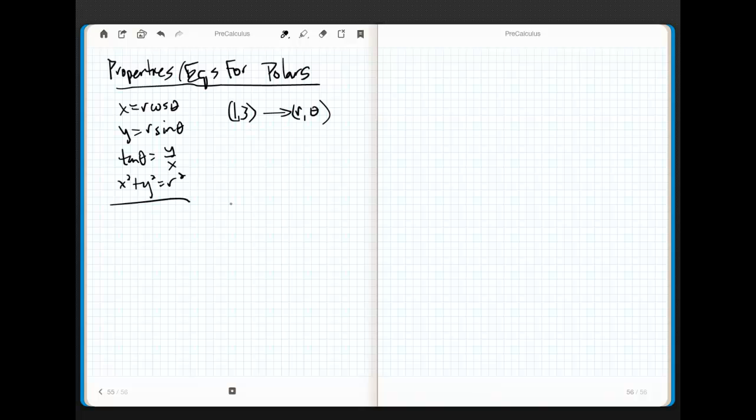I know this is an x and this is a y, so I know that 1 squared plus 3 squared is equal to r squared. It appears that r squared equals 10, so r equals root 10. Hey, look at that. We're half done. Now all I need is a theta. Well, there's lots of ways to figure out a theta. However,